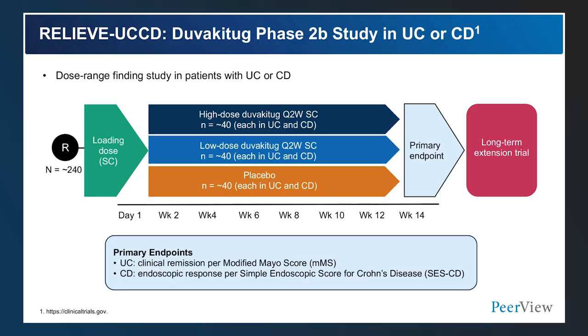And if you're wondering why we're not seeing imabs anymore or zumabs anymore, we're just running out of names. So, now we have these other things at the end, and they are a tongue twister. But duvakitug, which I've learned to say, this was looked at in RELIEVE-UCCD. This is an interesting study design. It's a rare example of a basket trial where you're looking at both Crohn's and UC with the same agent